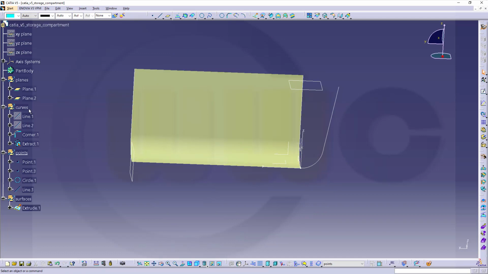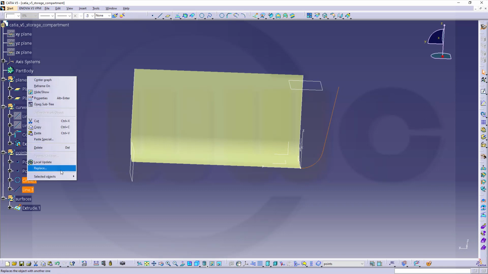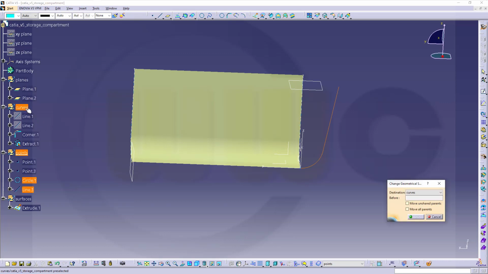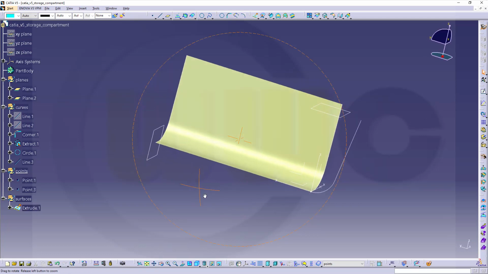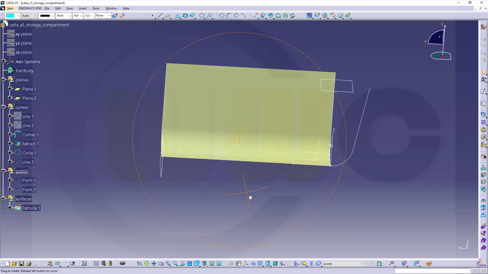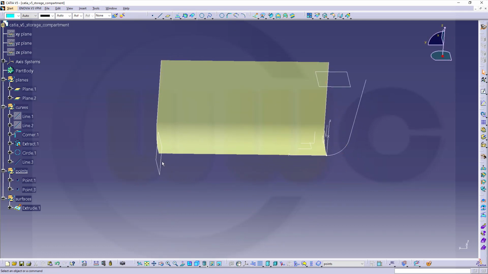So let's see, that's a curve, that's a curve. Point is okay. Those two should be in the curves set. So change geometrical set and go to the curve set, confirm, and let's go for a point. That's okay. I need a point over there. So that point should be in that plane,